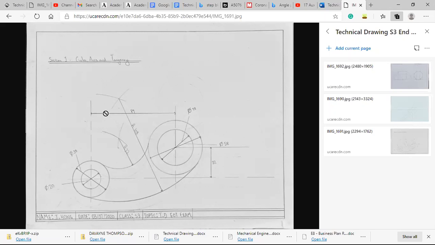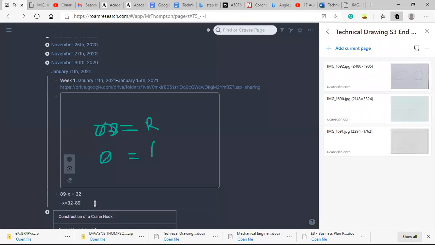I'm driving along a journey and it's 89 miles, but I want to stop at 32 miles. Wouldn't I need to subtract and just go here? Does that make sense? Yes, sir, I understand. All right, good. So let's do it. So we're going to say now, 32 minus 89 gives us,